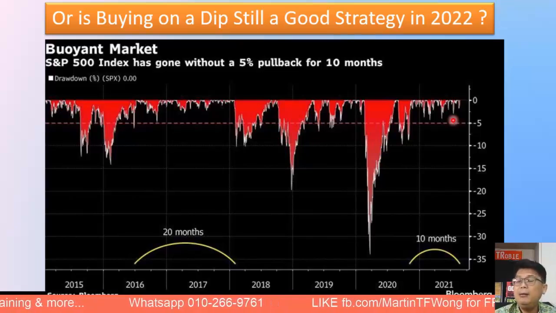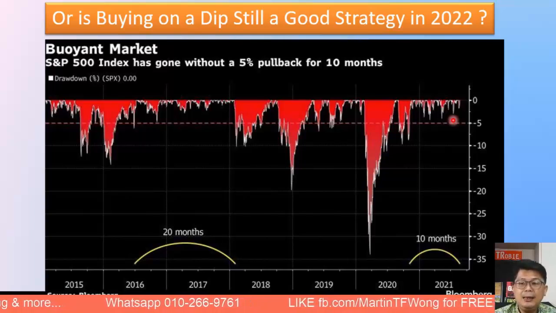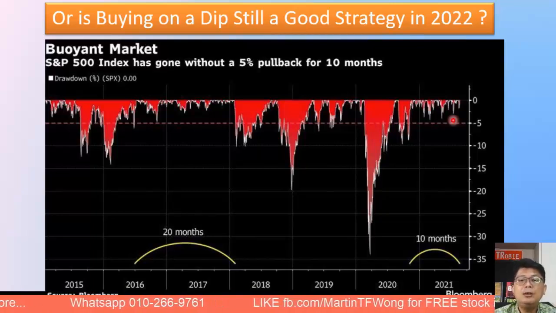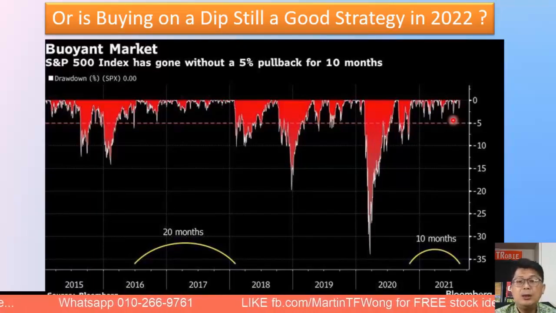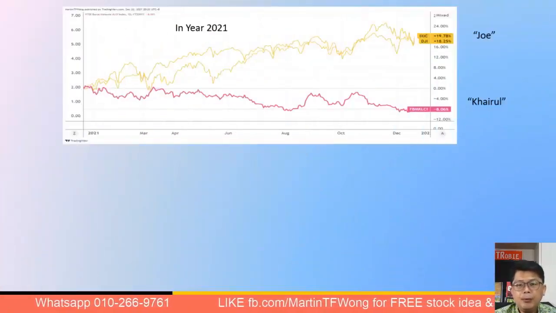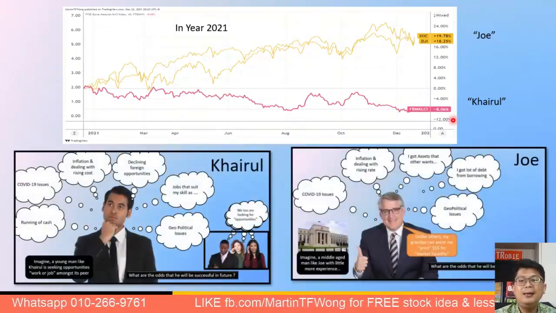So use the tools that are available to you, like the Pentagon guide, or the bottom fishing technique, or some of the masterclass trades to buy into this market. Buying on dips is definitely a good strategy in 2022. So all in all, for the year 2022, now coming back here,